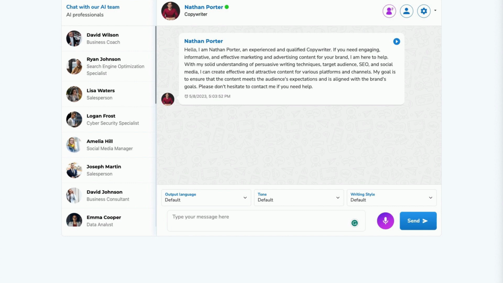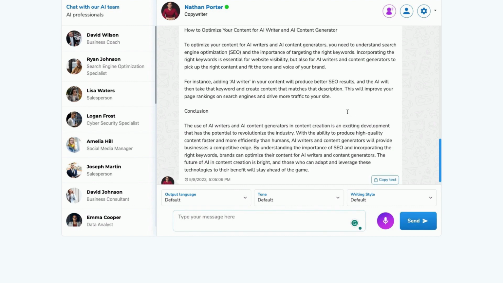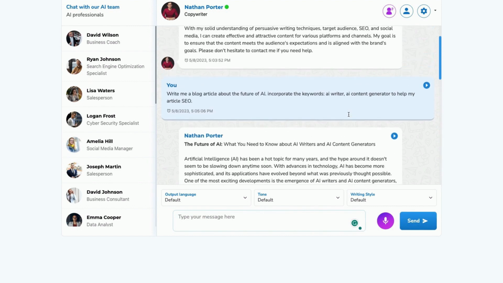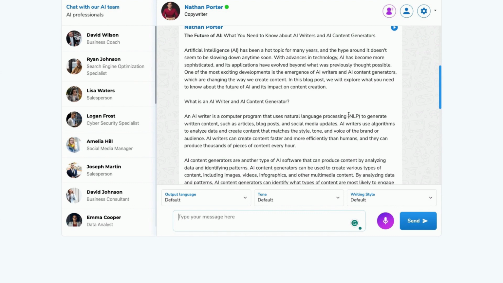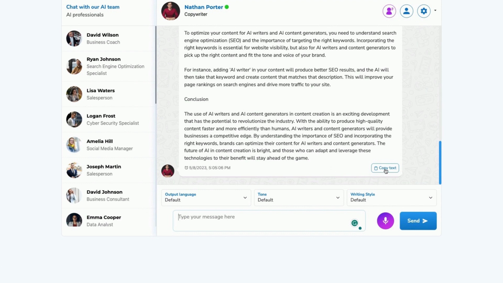So, very quickly, I've got this copied and pasted off to the side. I'm just going to have Nathan write me an article. And what's great about it is that Nathan understands the keywords and the drivers behind the scenes as part of the SEO optimization to do this for you. So as you see, you get a complete article: The Future of AI, What You Need to Know About AI Writers and Content Generators. And all you have to do is copy the text, or go up to the cog and download it as a text file or as a PDF. So it's a different